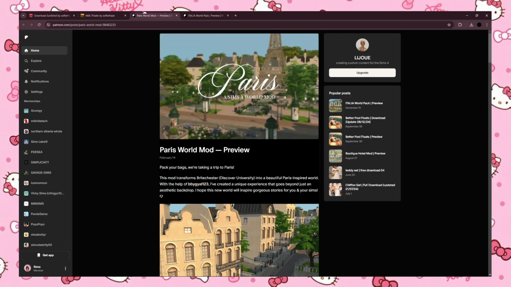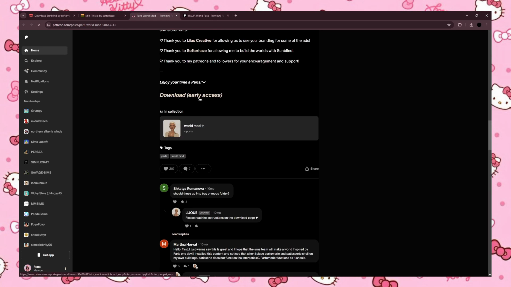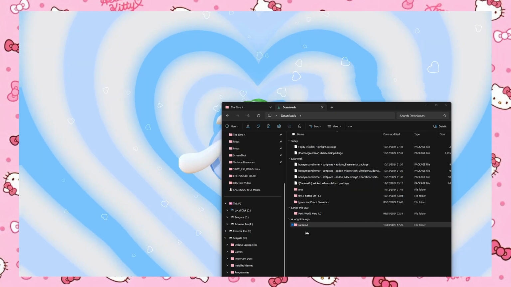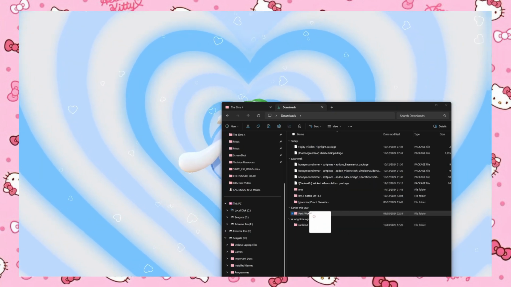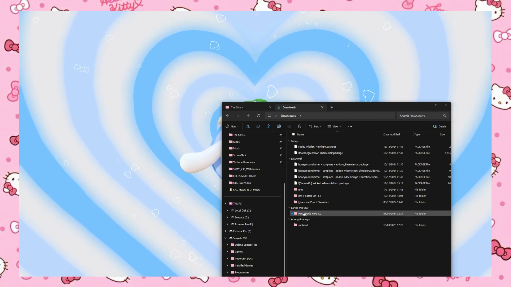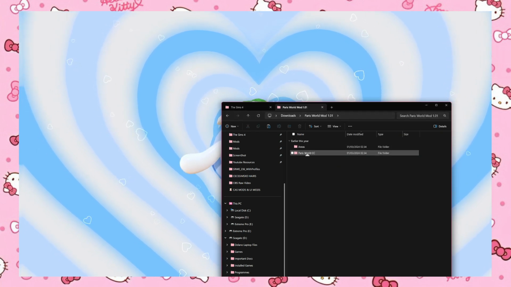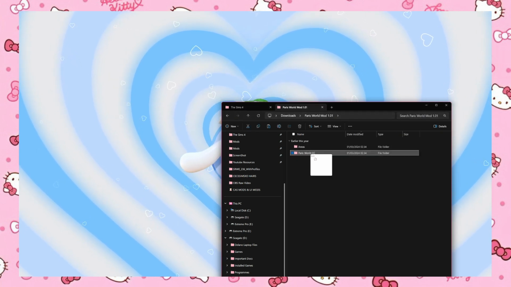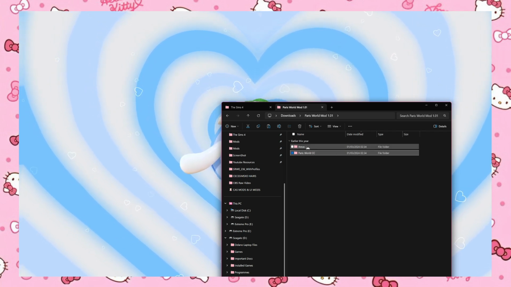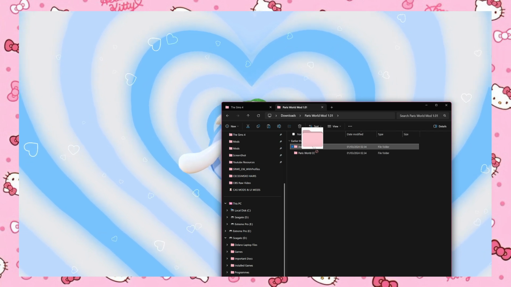So I'll show you guys how to install the world mod. All you have to do is click the download link. Once you download it, you have to extract it, and it'll look like this once you extract it. Bear in mind, it's literally the same way you install the world lighting mod. So open the file, you'll see this Paris World CC. If you see something that's a CC, put it in your mods folder. This goes in your mods folder, and then this will go in the same place where we install our world lighting mod, but